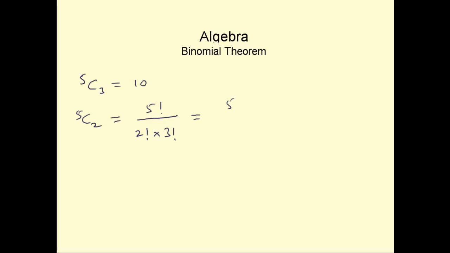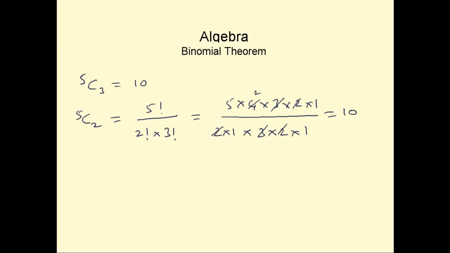So 5 factorial is 5 times 4 times 3 times 2 times 1, and 2 factorial is 2 times 1, and 3 factorial is 3 times 2 times 1. So 3 cancels off, 2 cancels off, and 2 times 2 is 4, so 5 times 2 is 10. Therefore 5C3 is the same as 5C2,